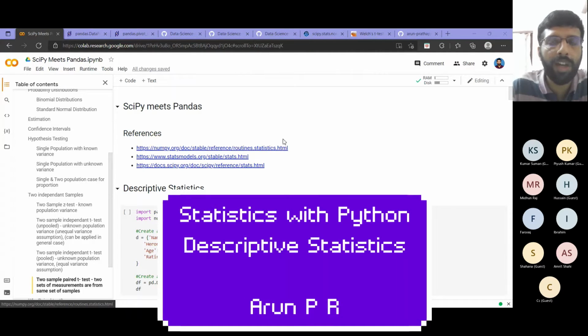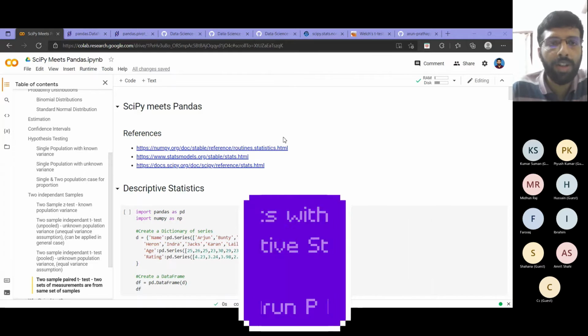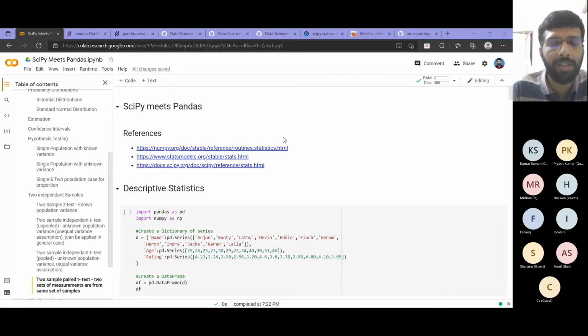So this session we will be covering what is called statistics using Python, right? So basically we learned Python. We learned statistics modules. Though we did not complete it, we are yet to see some more hypothesis testing cases. But we have covered almost all types of topics that we want for a beginner's course in statistics.